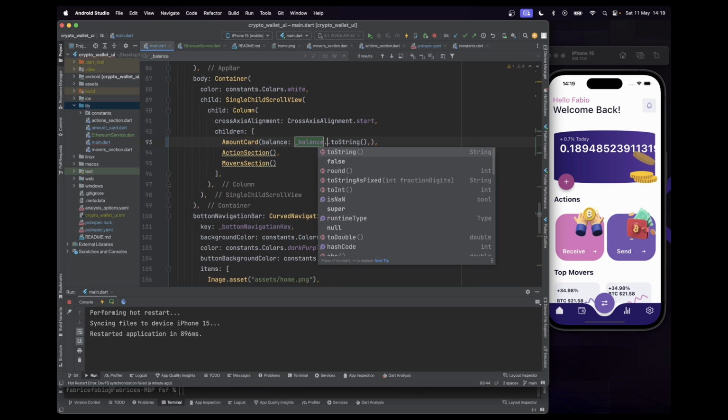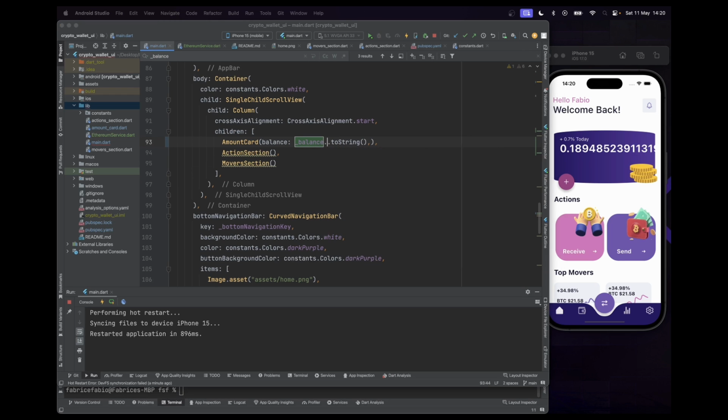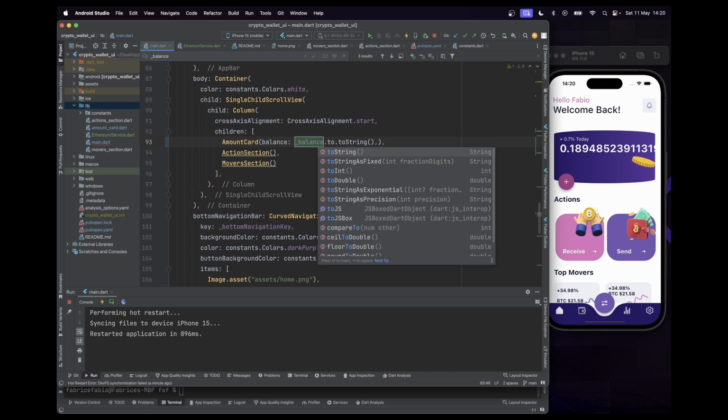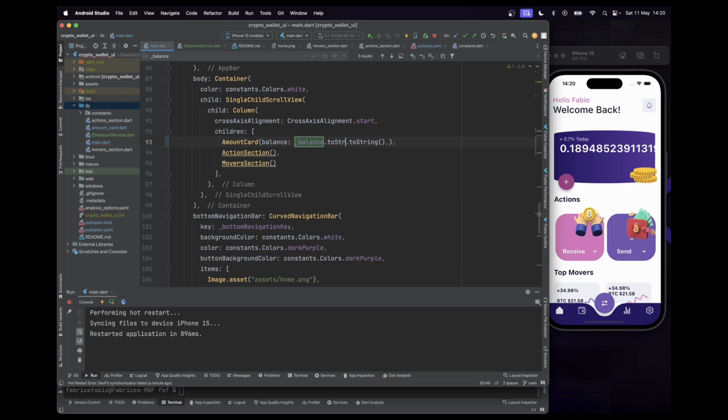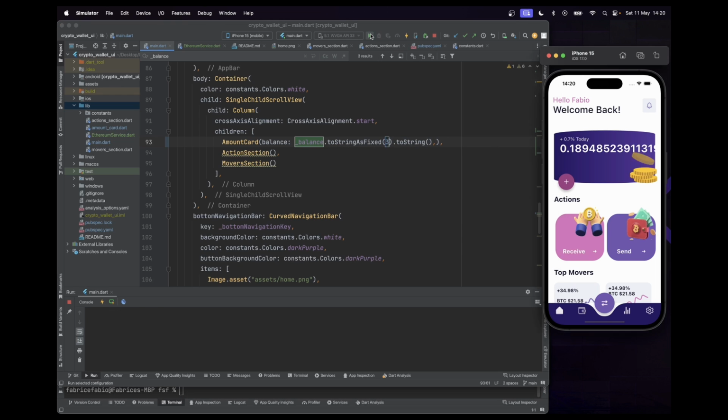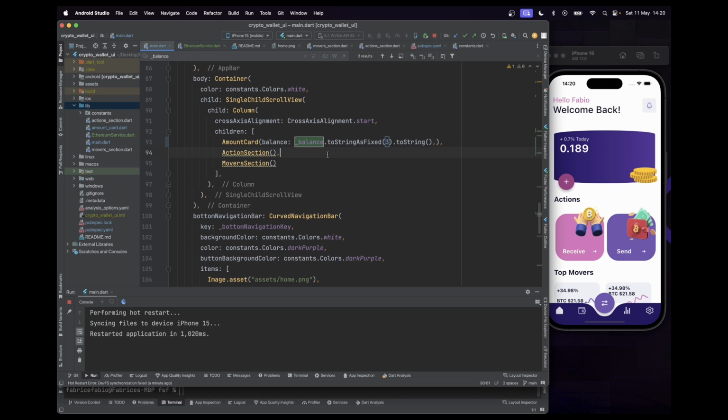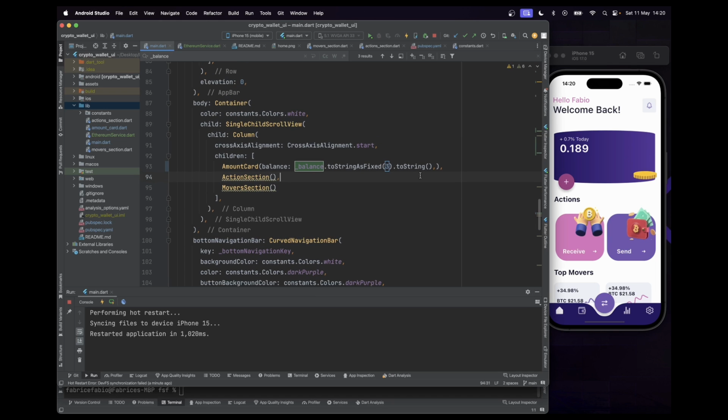So for example, we can just do toString and say what we want. Okay, perfect. So now we can see that we got our balance just there,